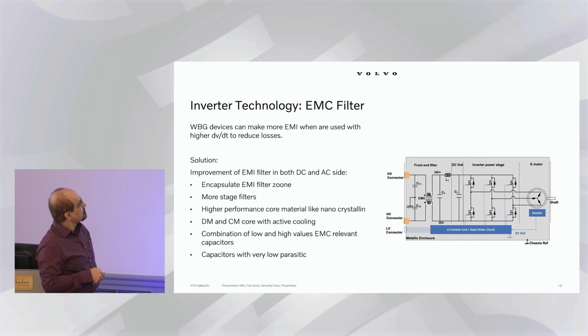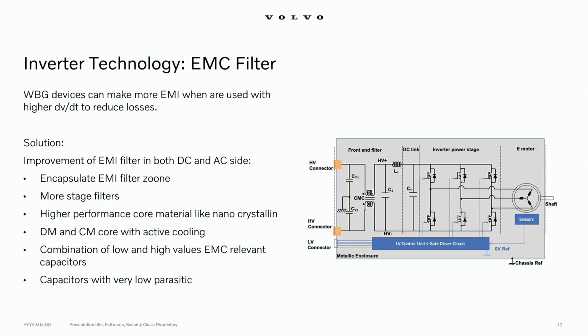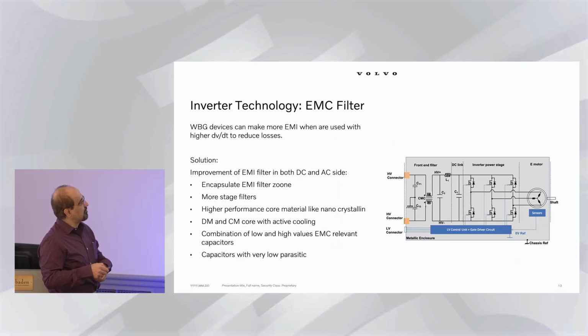And for the EMC filter, we also have a lot of challenges. Because these are wide-bandgap devices, we benefit from a higher dv/dt, but have more ringing, for example, more EMI problems. And then we start to have a problem for the EMC filter. We are using EMC filters at both input and output, for removing the common mode current and the differential mode current. We try to encapsulate the EMI filter